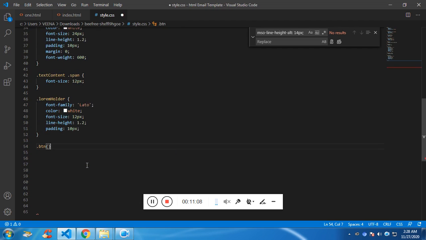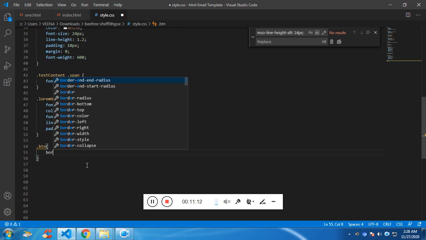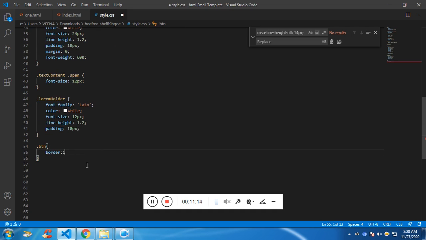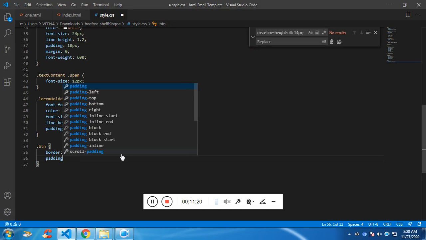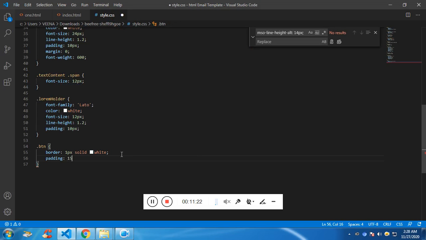So this is going to have a border on all the sides as 1 pixel solid white, and let's add a padding. On top and bottom it is going to be 15 pixel, on left and right it is going to be 10 pixel,